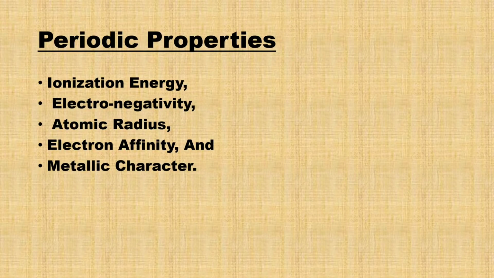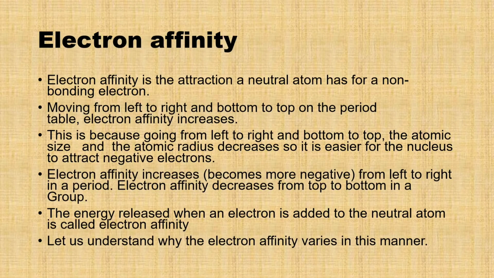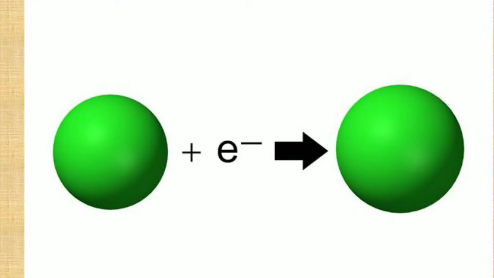Here we shall discuss two properties. First, let us start with electron affinity. What is electron affinity? When an atom gets one electron added to it, it becomes a negatively charged ion called an anion. See the example here. The gaseous chlorine neutral atom gets one electron added and releases a large amount of energy, equal to 349 kilojoules per mole. And this energy that is released when the electron is added is called electron affinity.